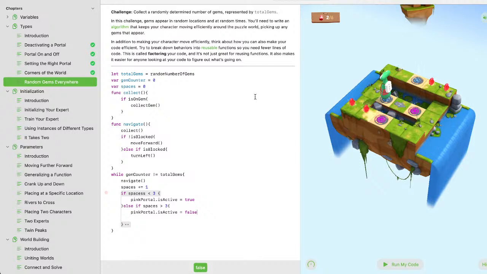And I can already see that we're going to have a problem with this, because once he gets over 3, then it's going to be false, right? So he can come and easily get these 2, but then it's not going to work. Because we need to turn that back on for him. So let's see. He'll go 1, 2, 3, 4, and then 5, 6. So once he gets to 6,